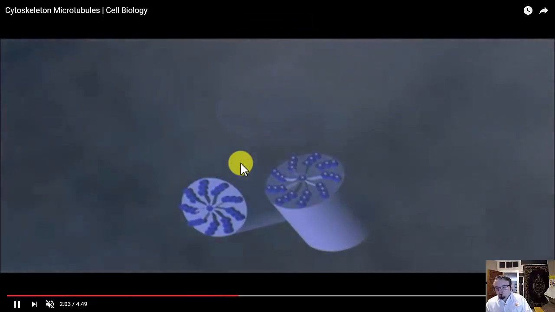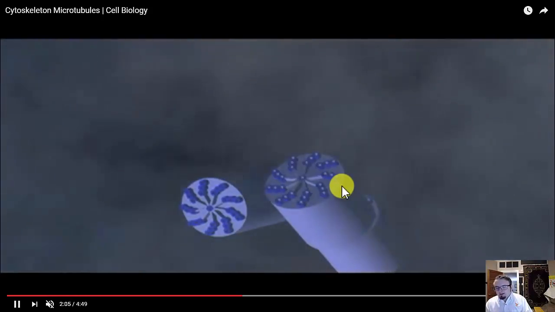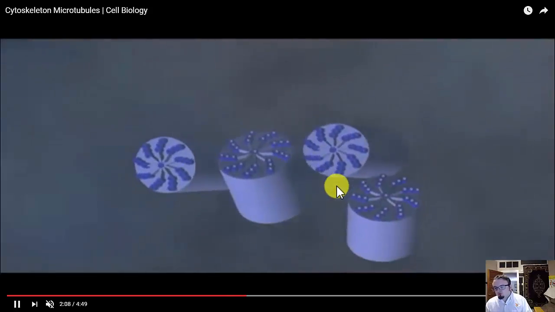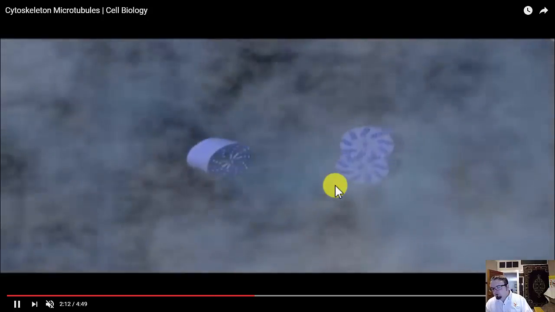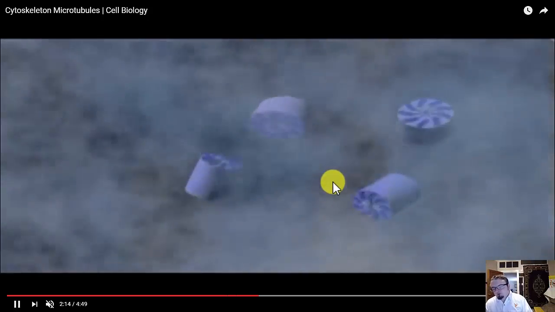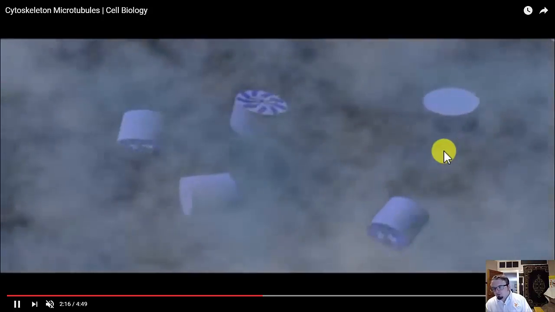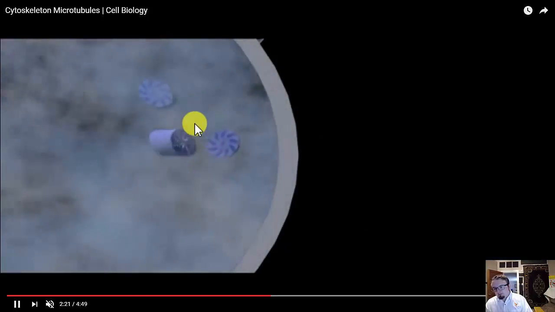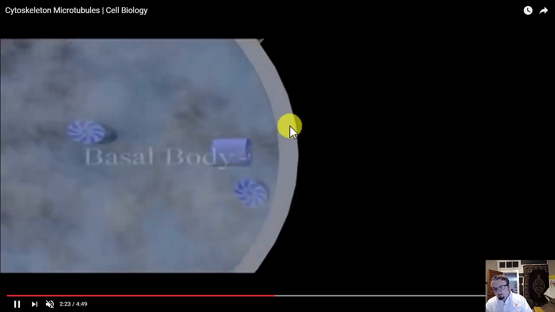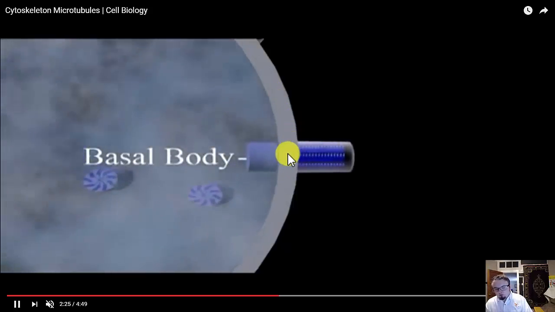These are structures called centrioles. They're going to divide, and they're ultimately going to move towards the membrane. Now, these have multiple functions. Centrioles are used in cell division also, but here they serve towards the production of the flagella. So they anchor into the membrane, where they're now called a basal body, and they literally extend outward.